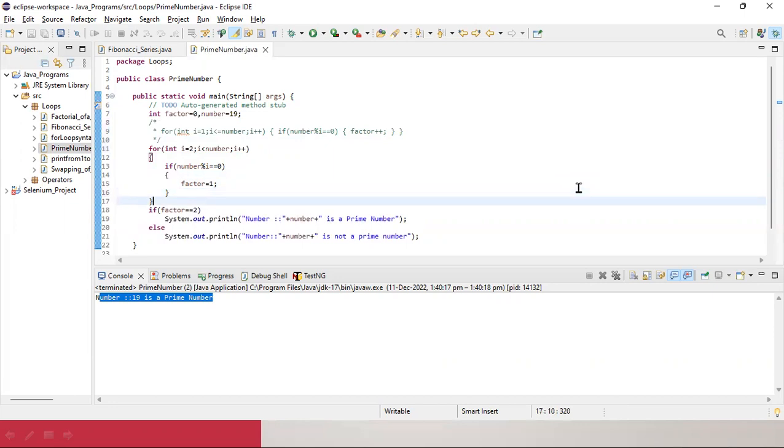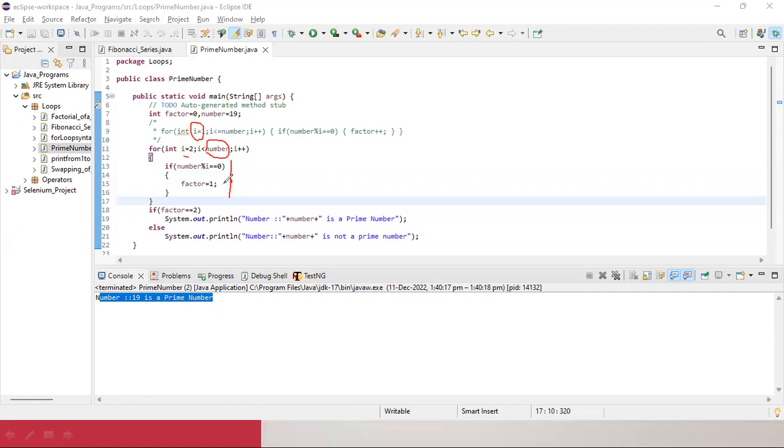The reason behind that is, if you look at this logic clearly, it should start from 2, which means I'm neglecting 1. One factor has been removed, and now I'm removing the equals to as well, which means 2 factors have been removed. If in between any number gives remainder 0, which means it has more than 2 factors,